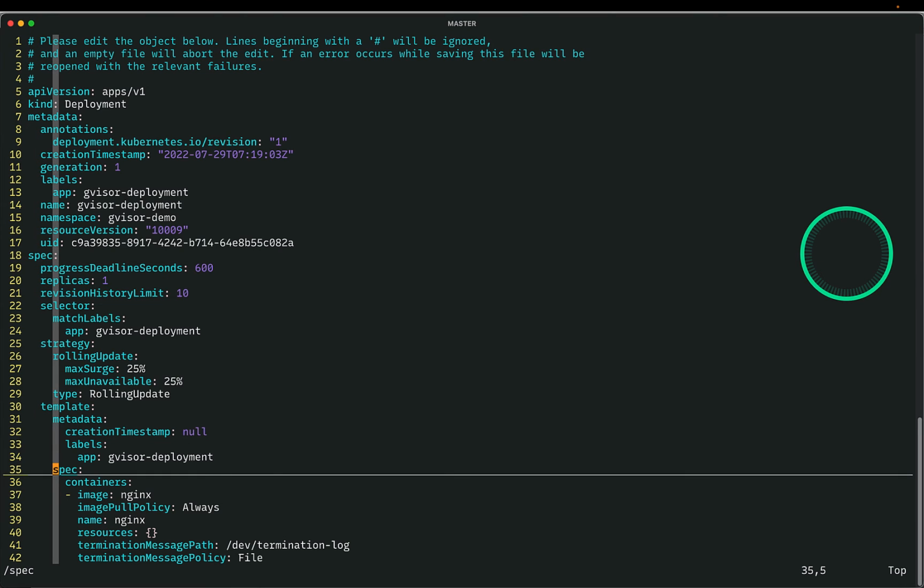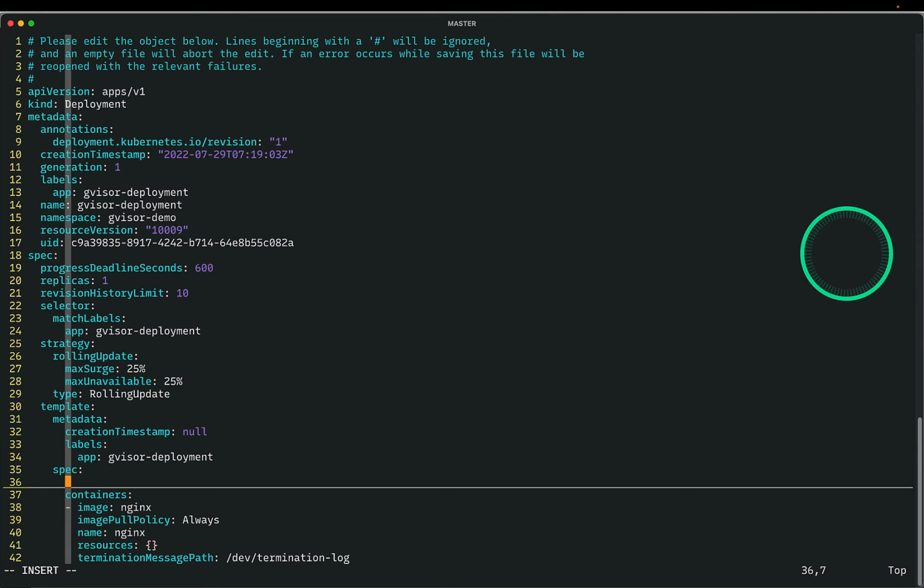Next, I have to go to the pod's template spec and add this line, runtimeClassName, and it should match exactly what I created in the first step. So if I do this and save the file,